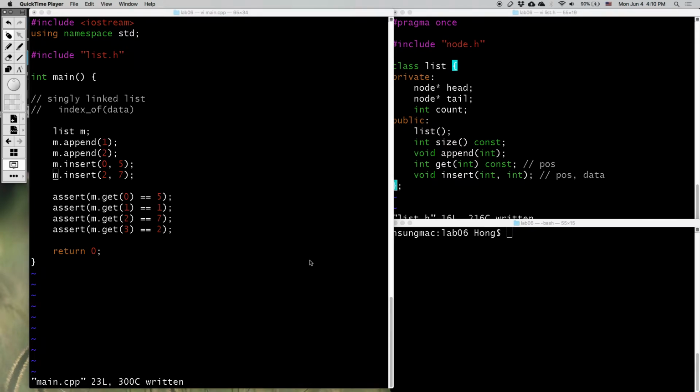The next function for singly linked list is the indexOf function. When you provide the data, it looks for the data in the list. If it finds it, then indexOf returns the position of the node where the data was found. If you don't find the data in the list, indexOf will return -1, because a negative value cannot be a